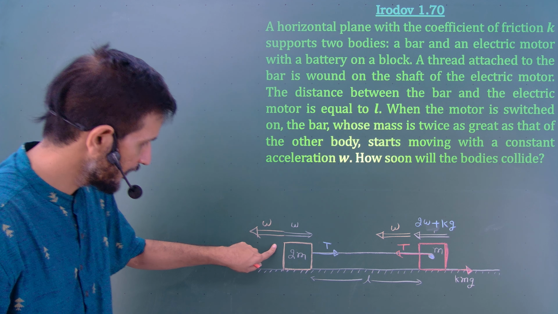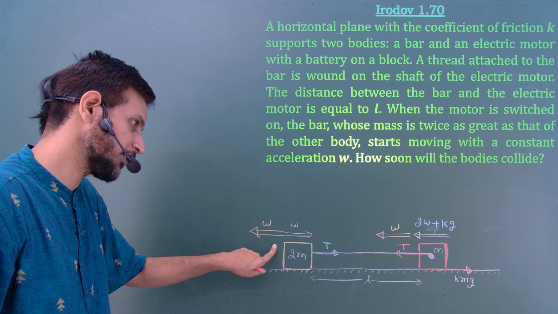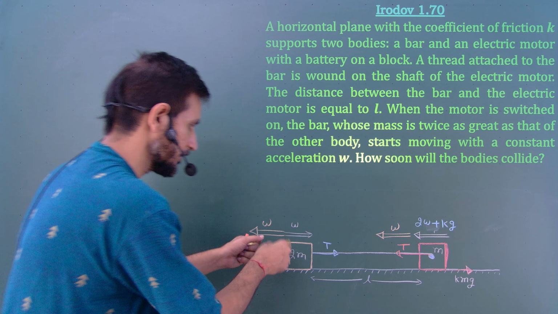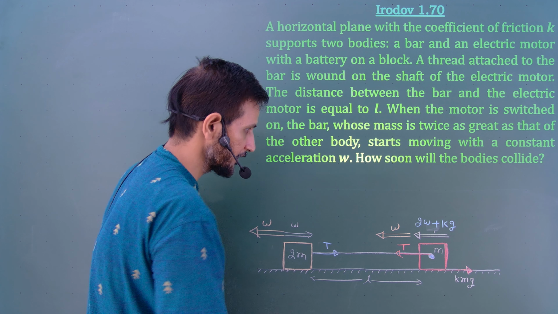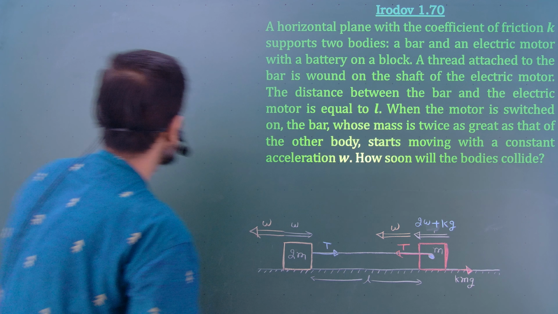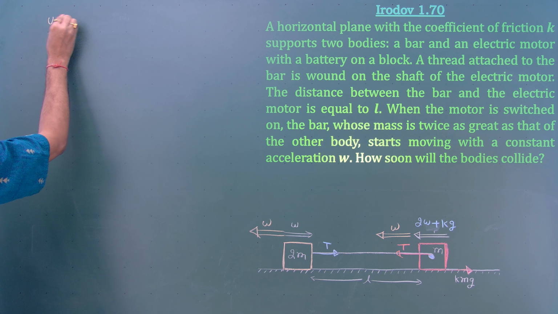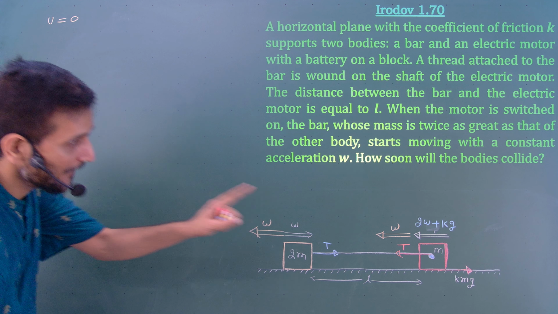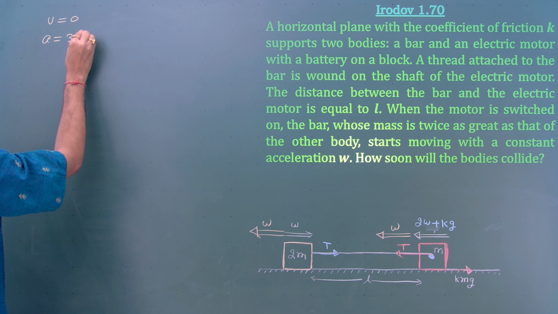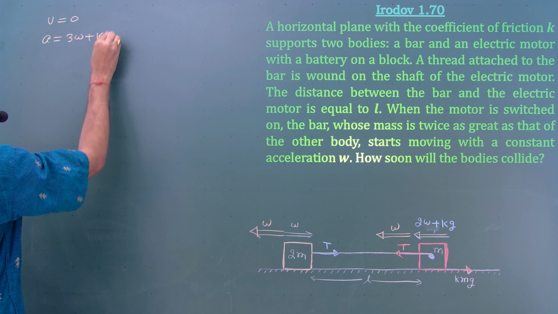So this block is at permanent rest because initial velocity is 0, so we make the velocity permanently 0 and the acceleration permanently 0. So this block is at rest, but this block is moving with initial velocity 0, and the magnitude of acceleration is 3W plus kg,